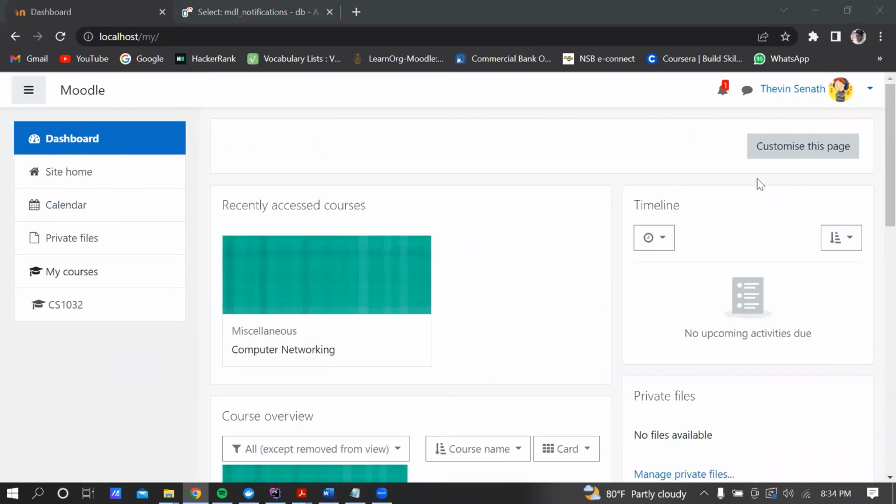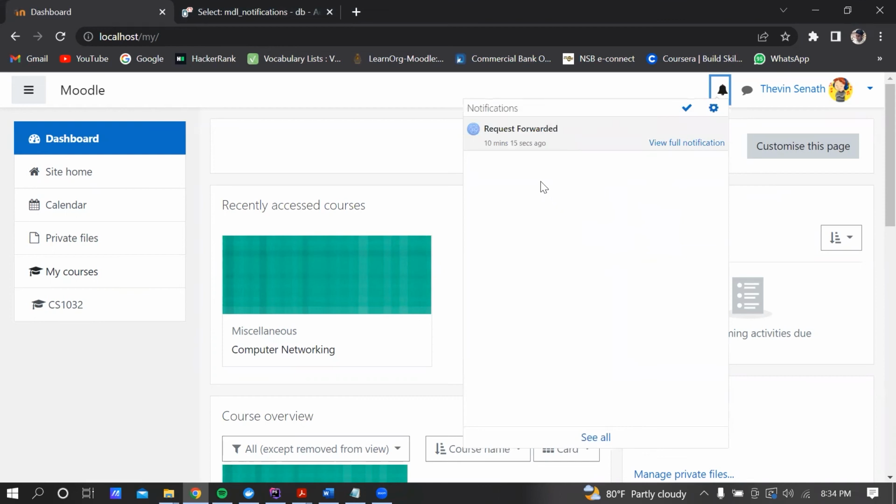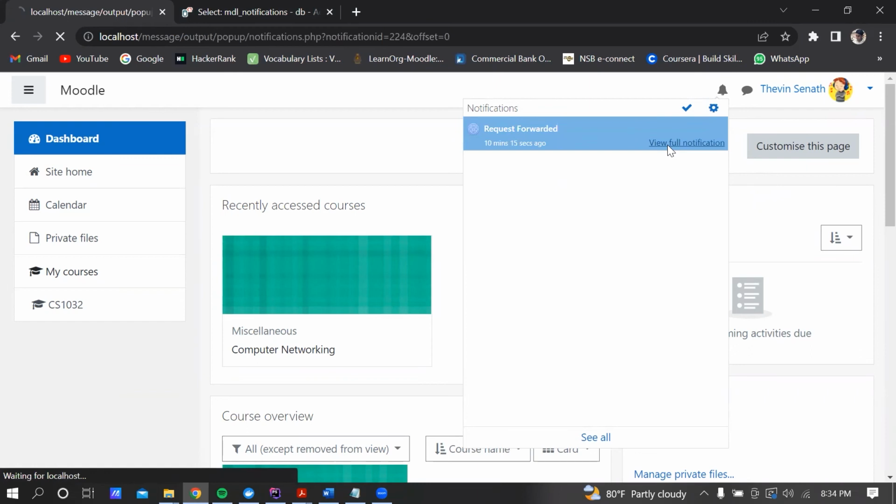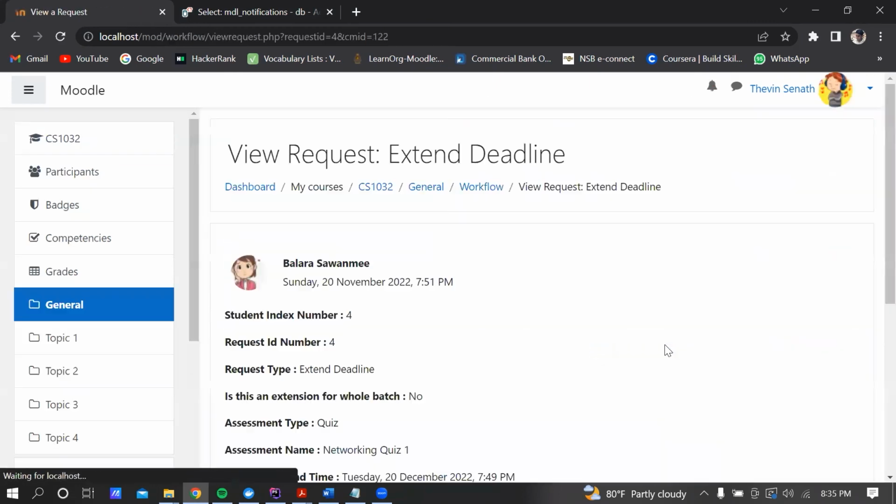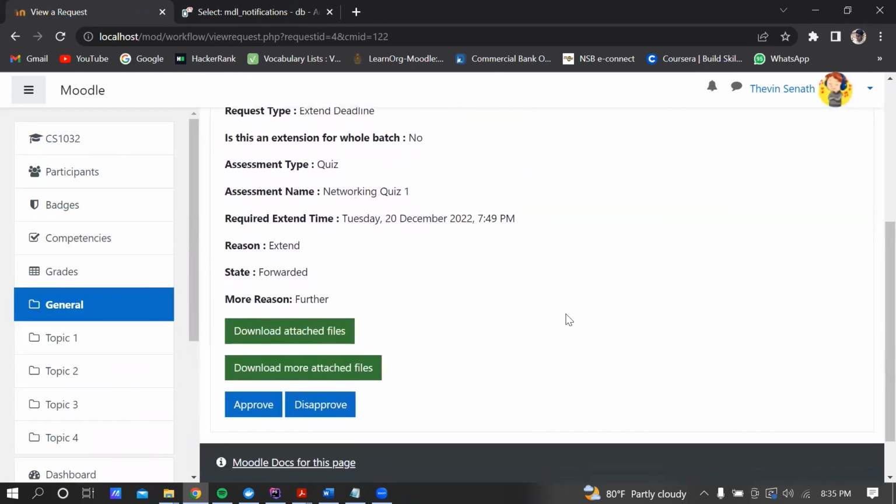Here the lecturer or the teacher has logged into the system, and now you can see that the lecturer has also received a notification stating that the request from a student is forwarded to him. Similar as earlier, click on the notification, click on the link to visit the request page, and here the lecturer can download the relevant files if needed, and the lecturer can make the final decision using either the approve or disapprove